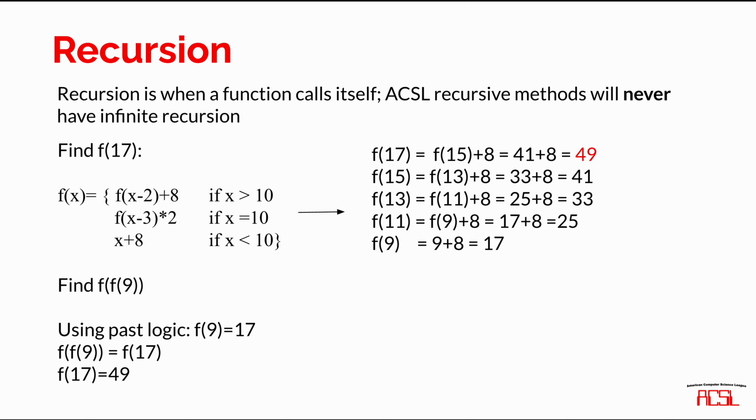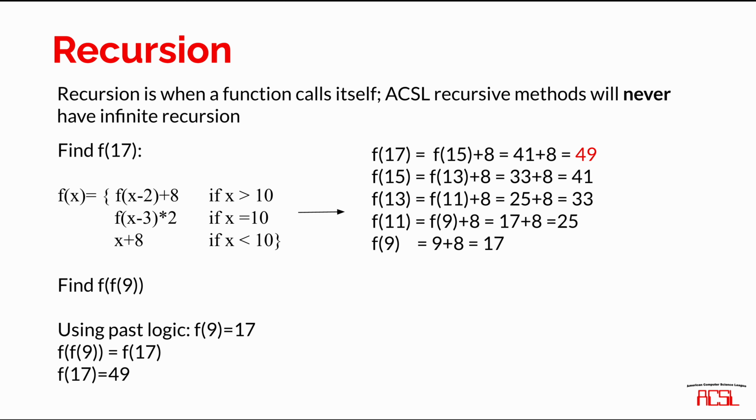Sometimes ACSL is going to have several nested functions, which are recursive. For instance, I've seen it go up to 5 different nested f of x's, and what you would do is start with the innermost one, solve for that result, and work your way outwards until you get your final answer. A lot of the time you can reuse different values that you have, like we were able to reuse f of 9 equals 17, and we didn't have to retrace the function all the way. So always try to take as many shortcuts as possible when you're tracing these functions, because typically that is what